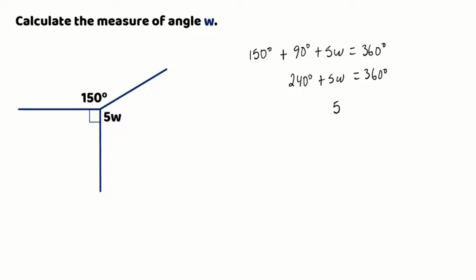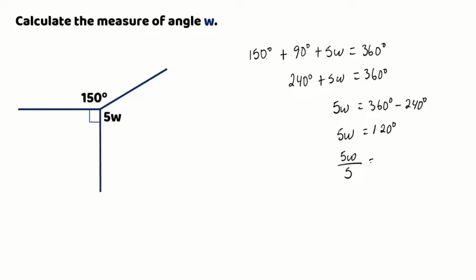And now I'm going to collect my like terms again by subtracting my 240 degrees from my 360 degrees. And when 360 degrees subtracts 240 degrees, this will equal a difference of 120 degrees. And now that we've simplified this part of our equation, we're now going to apply our one-step multiplication rule, which tells us that when we have a coefficient being multiplied to a variable, we're now going to divide both sides